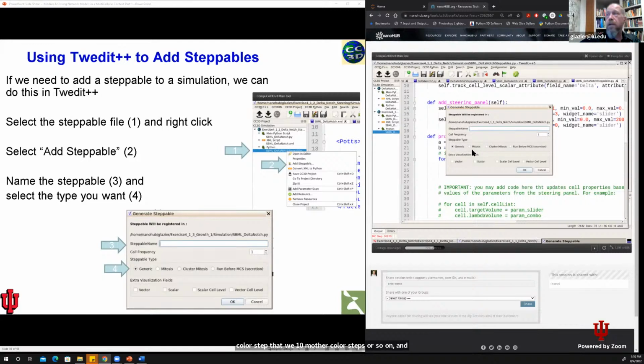A generic steppable, mitosis steppable. AJ had asked specifically about cluster mitosis. There's a special steppable to divide cluster cells. Or an initializer run before MCS secretion step. The ones that you'll typically use the most would be generic and mitosis, cluster mitosis if you have compartmental cells. And you can add those extra fields at this time too, or you can do it the way we've been doing it for tracking. And if I click OK,